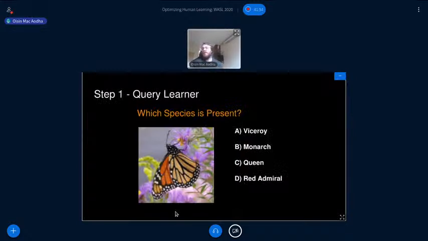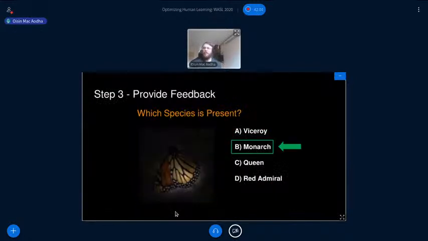Okay, so just to give an idea of what they see, the learners will be presented with an image. They're asked to guess which species it is. They'll make a guess, and so for example, they say Viceroy. And if you remember from what I said earlier on, actually the Viceroy has this band across the back, so this is wrong. So then the teacher provides feedback and says the right answer is monarch, and here's this highlighted heat map of where to look for the informative features.